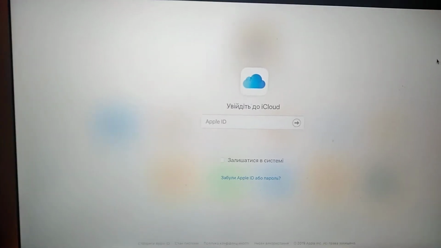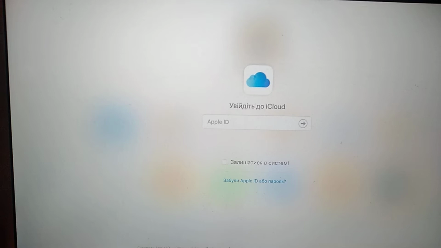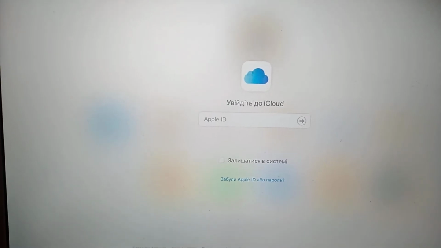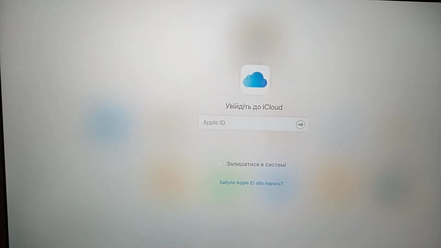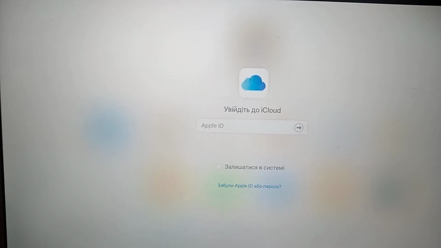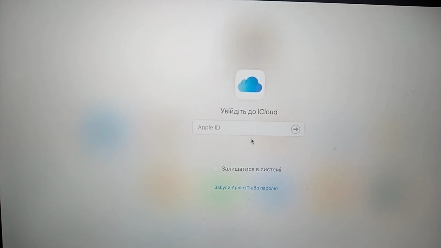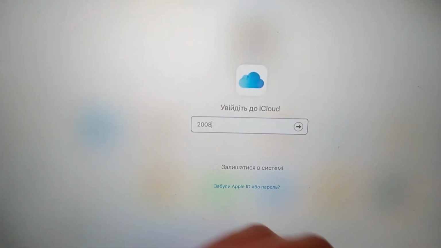Hello dear subscribers, today I will show you how you can create your account on iCloud. So you know that for iCloud you need your Apple ID. I also showed you how you can create an Apple ID in my previous videos. You can watch it, or if you already have it, you just enter it here, your Apple ID,